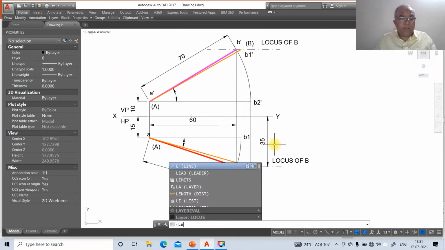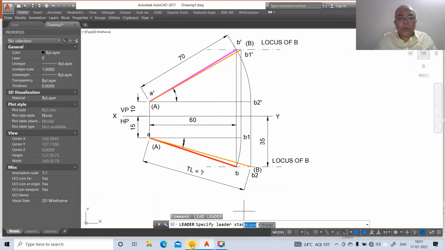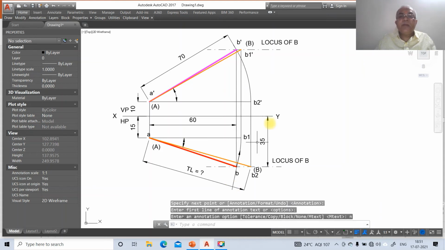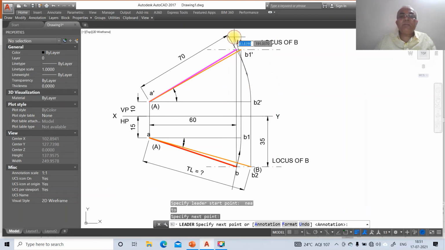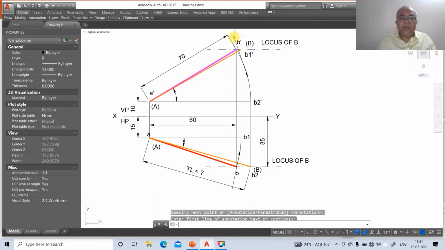Then go to leader. Now the direction of projections, you take nearest point on this, you draw tangential to this arc, then go to annotation, option none. Then similarly leader, take the nearest on this, draw tangentially to this, annotation, options none.